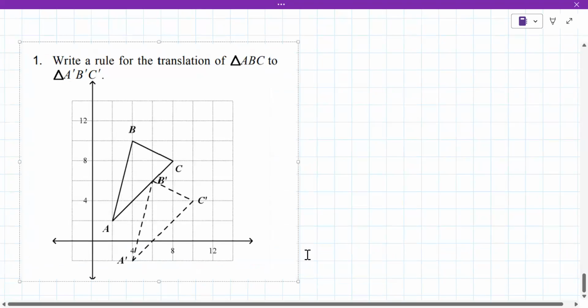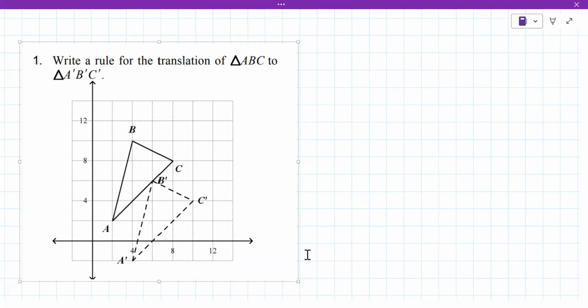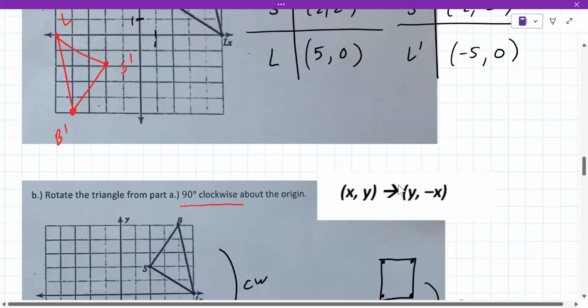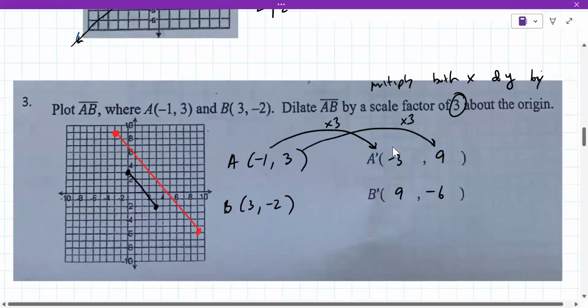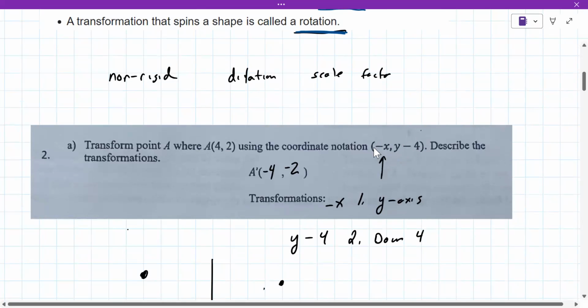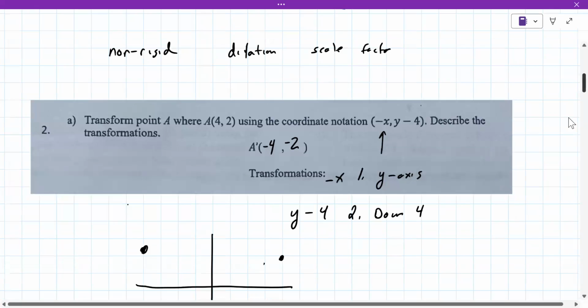This one asks you to write the rule to go from the triangle in solid black to the one in the dashed lines. So, wait, you're asking how I get to that? Yes, you have to come up with a rule. A rule, for example, would be, like this is a rule up here. Your original problems gave you a rule. Oh, okay, I see. Yes. So the rule for that would be,